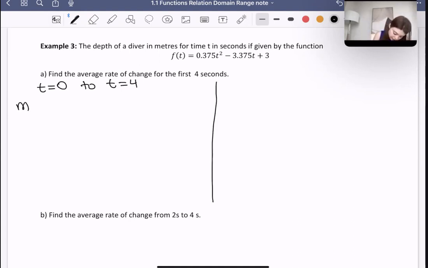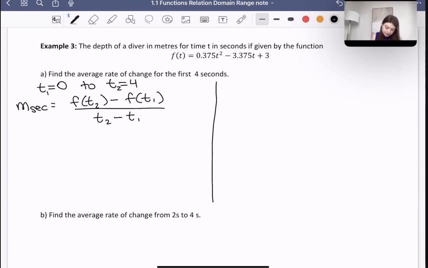Because remember that the slope of the secant is f of t2 minus f of t1 over t2 minus t1. So first, on the side here, we must find f of t2, and we must find f of t1. So if t2 is 4, that means we have to find f of 4,